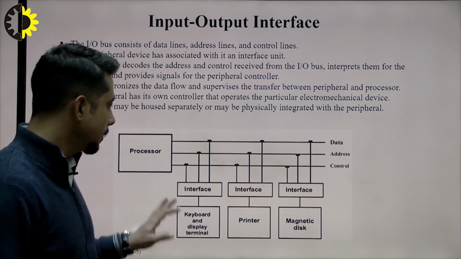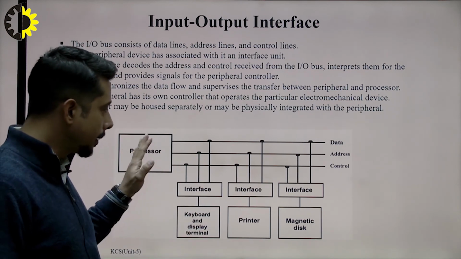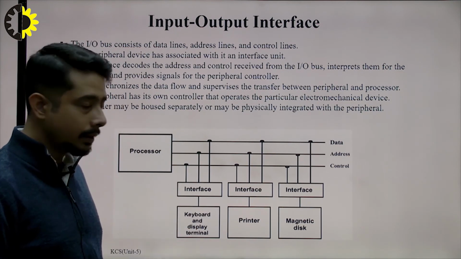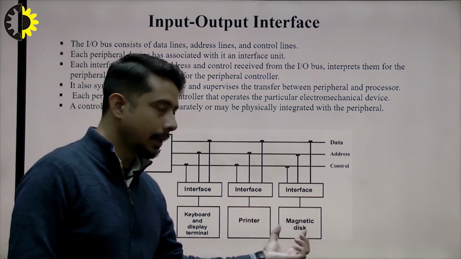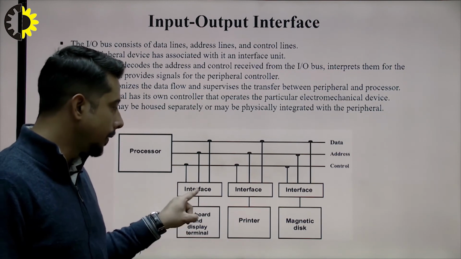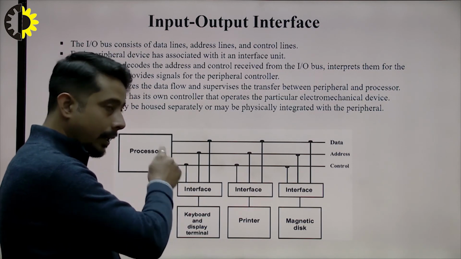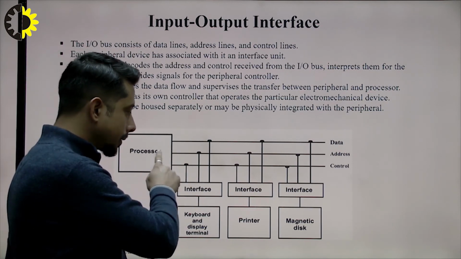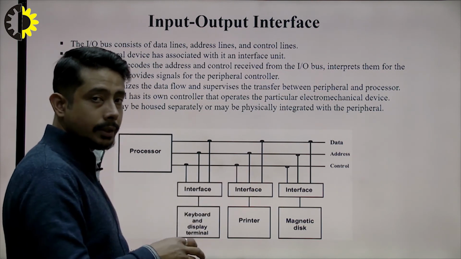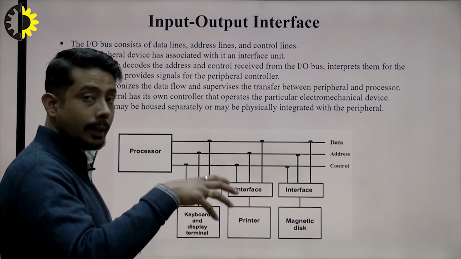and that is what we are going to study now. If you look into this diagram, we have a processor, and as examples I have taken a keyboard and display terminal, a printer, and a magnetic disk. So all are different input-output devices, got it? And for every part we have taken one interface. For connecting and carrying out the processing, we have this connected line to the interfaces, and these interfaces are like a port, like a socket, which works as a connecting device.